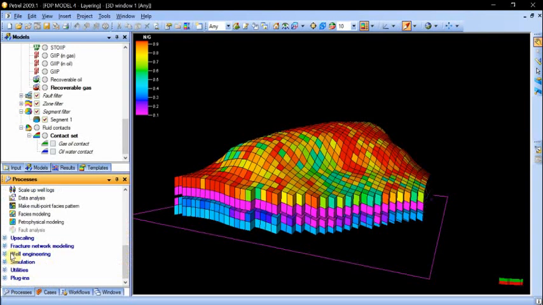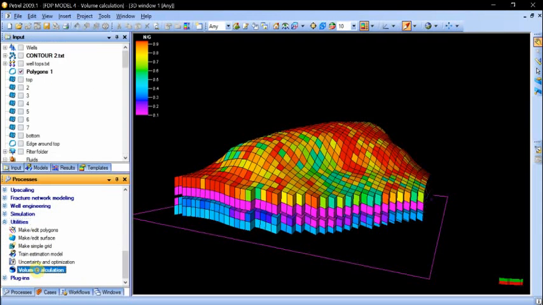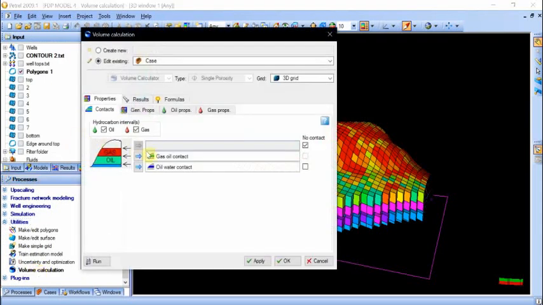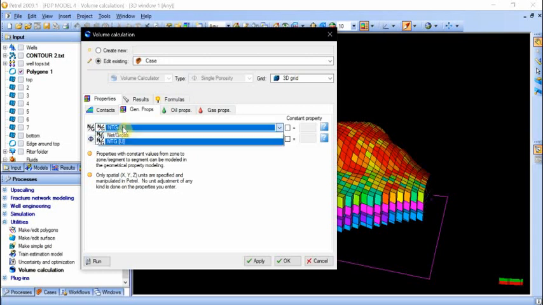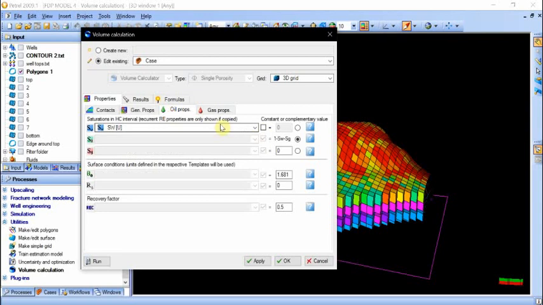After that you go to your utilities and you do your volume calculation. You activate your oil and gas, you insert your contacts. Here you choose your NTG upscaled, not the gross, your phi upscaled. Oil properties, you choose your saturation. If you have BO, if you have RS, if you have recovery factor,